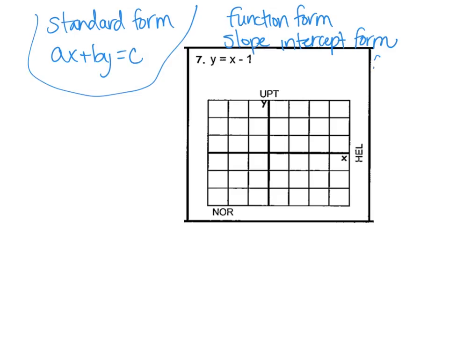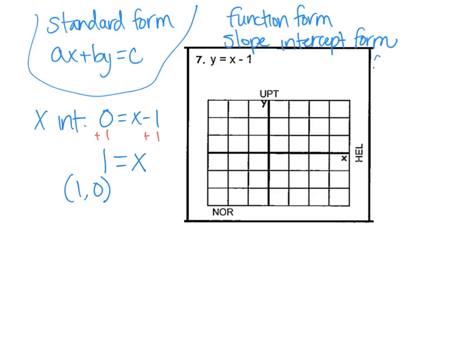Tell your partner, if I want to find the x-intercept, what am I going to cover up? And where am I going to put 0 if I want my x-intercept? Okay, you all said y, so it would look like this. 0 equals x minus 1. How do I get x alone? Bring the 1 over to the other side. What is my x-intercept? Okay, write that down. Use a desk near you. Okay, then,